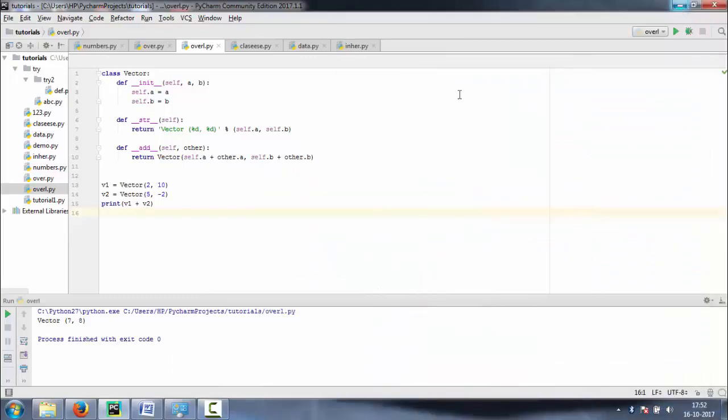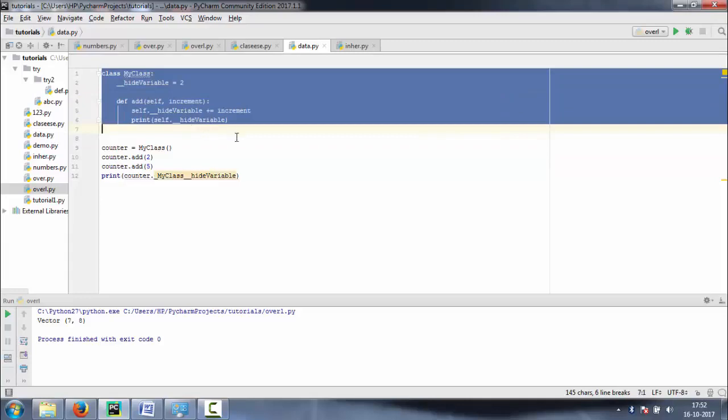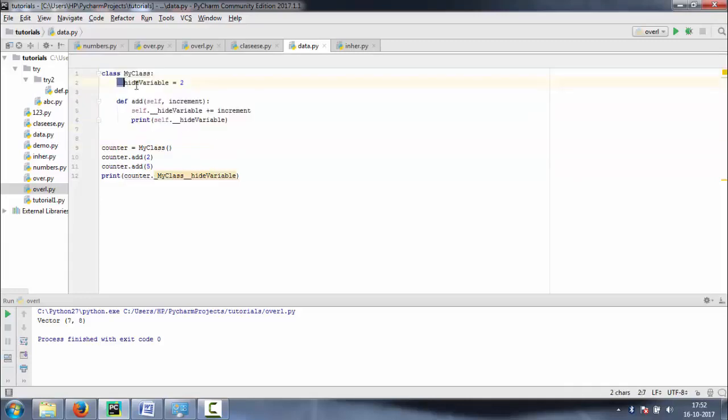And now I will explain how to implement data hiding. First we create a class, and this is a data hiding variable, declared with a double underscore, hide variable.